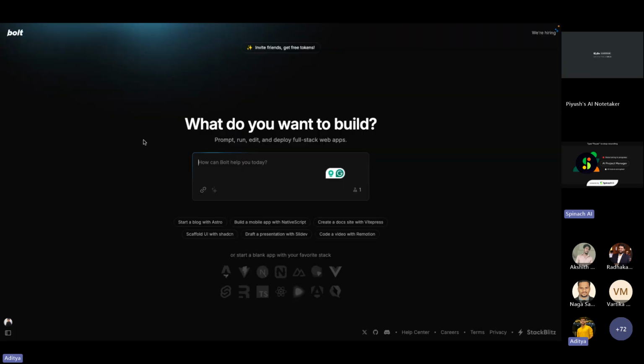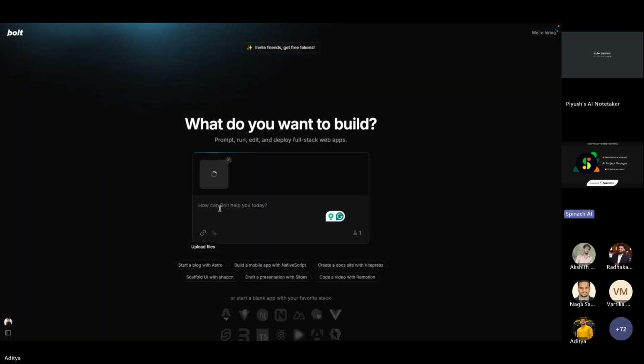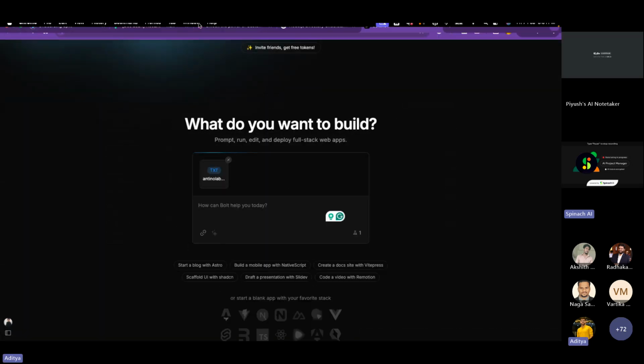एक सेम टूल है बोल्ट डॉट न्यू। यहाँ पे आप बेसिकली एप्लीकेशन बना सकते हो। मैंने बहुत सारे एप्लीकेशन बनाके यूज़ किए हैं, लाइव किए हैं, और वो सारे अच्छे चल रहे हैं। इट हार्डली टेक्स 1 to 2 hours, एप्लीकेशन की कॉम्प्लेक्सिटी के बेस पर। अभी हम यहाँ देखते हैं कि मेरे स्ट्रक्चर पर ये काम कर पाता है कि नहीं। ये स्ट्रक्चर मैंने यहाँ इम्प्लीमेंट किया है, और वही प्रॉम्प्ट इसको भी दे देता हूँ।